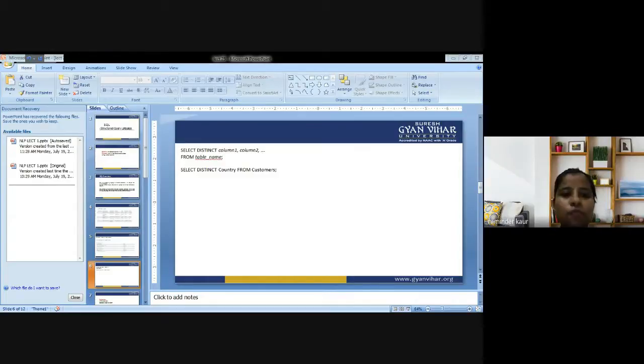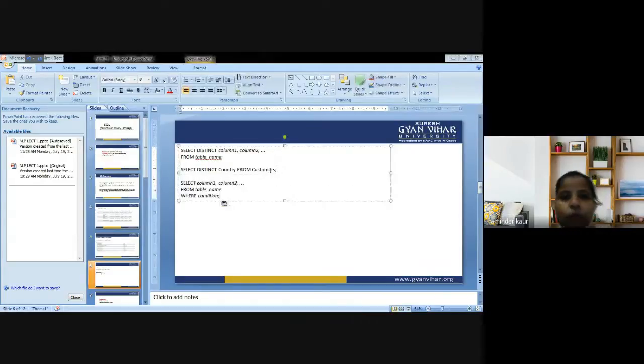Now we are supposed to deal with the syntax first. So what would be the syntax for the same? Have a look. SELECT column 1, column 2, it could be any columns, FROM table name, that is customer, WHERE condition. What is my condition? If customer ID is equal to 2, we represent the record where country is equal to Mexico, where country is equal to Sweden. In that manner we operate this query.